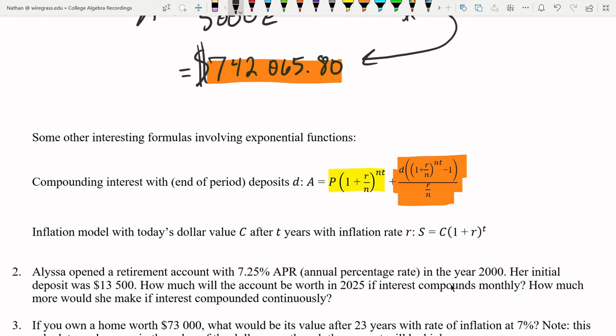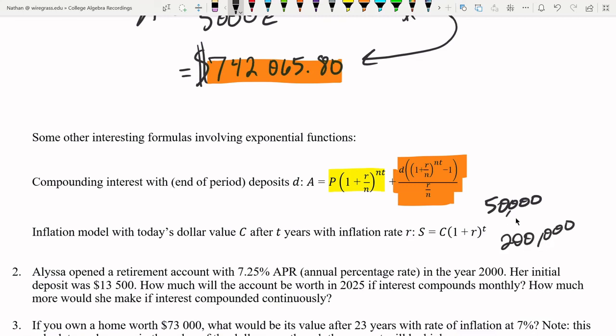We can also model inflation using an exponential function using this here. So today's dollar value C with inflation rate R after T years. So what this is telling us isn't that our money has become more valuable, because it's going to be a bigger number with inflation. It means that, for instance, if I had $50,000 and whatever I plugged it into there, it gave me as an output